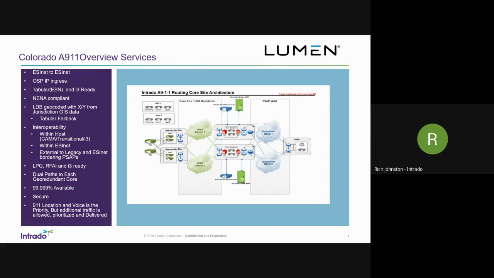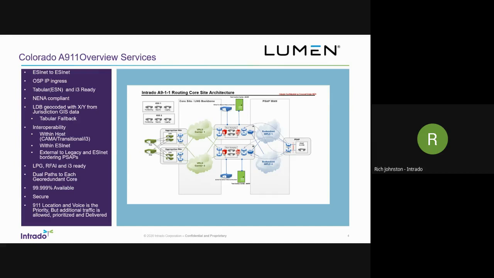And one of those configurations is, well, the PSAP, for whatever reason, whether it's technical or operational, doesn't want to get i3 calls into them today. We can still do routing based on the GIS information and then hand off the call in that legacy fashion. So that's something to think about. If maybe the CPE equipment isn't ready, or the operational procedures to manage i3 aren't ready, we can still do GIS routing, which gets us a big bang for our buck, but deliver it with ESNs and in the legacy